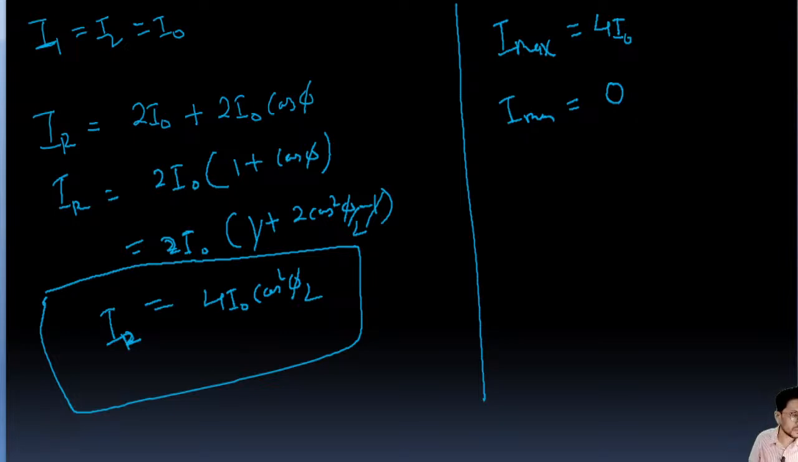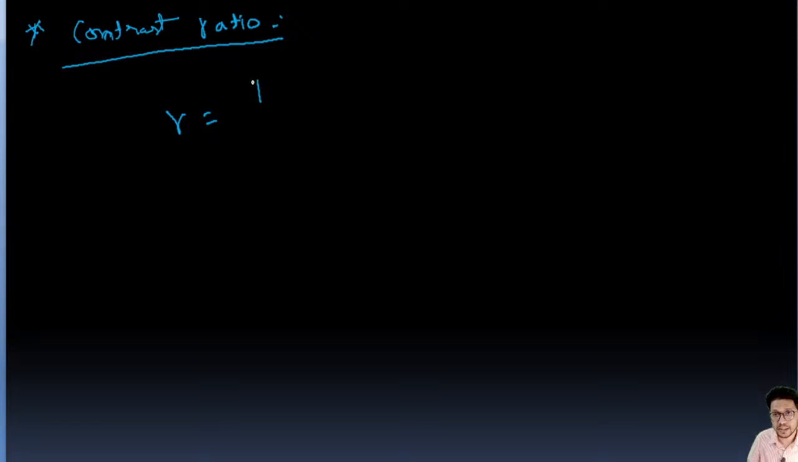Now the contrast ratio. Very important, the contrast ratio, which is R equal to I max upon I minimum. Very important formula. There is a question which is asked in NET from this formula. So I max upon I minimum is going to be this one, root I1